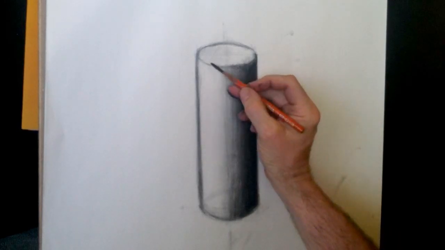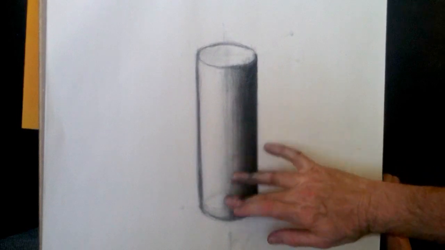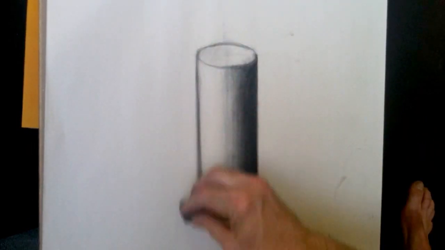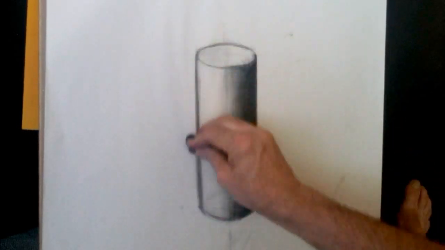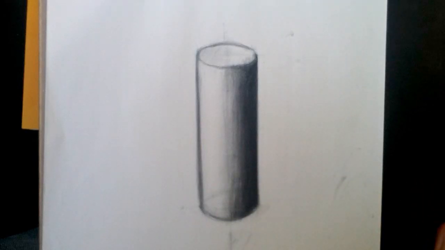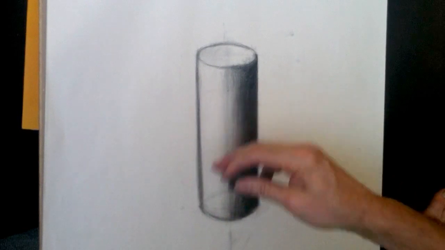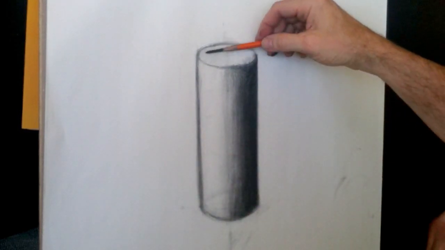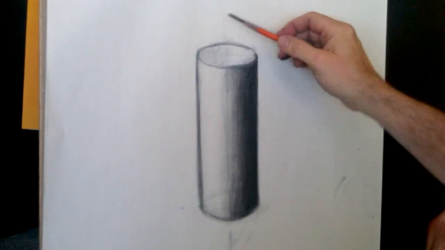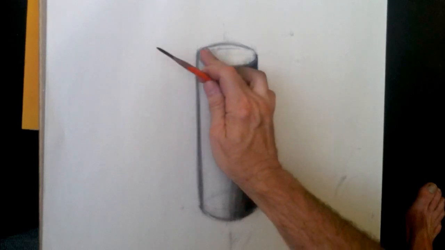Often it will be much more subtle. But having that in mind is going to help being able to differentiate this front part from this top part. Anytime there's a different plane, you want to have some kind of different